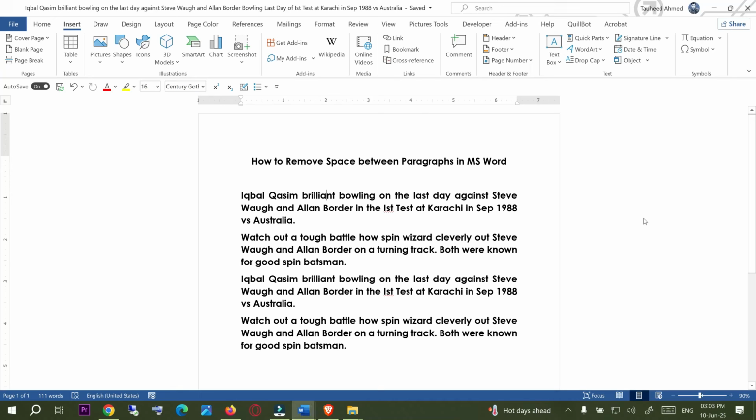Hi everyone, in this Word tutorial I will teach you how to remove spaces between paragraphs in MS Word. This is very simple, very easy. Let's get started. First you need to place the cursor where you want to remove the paragraph space, and after